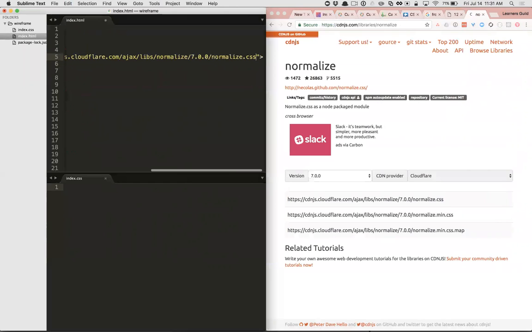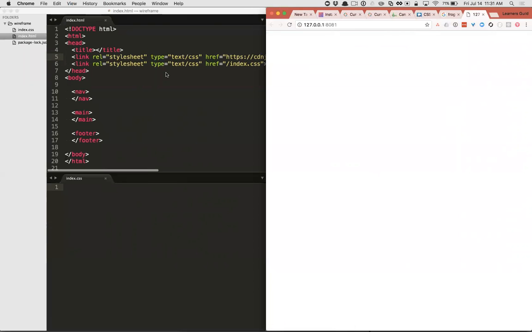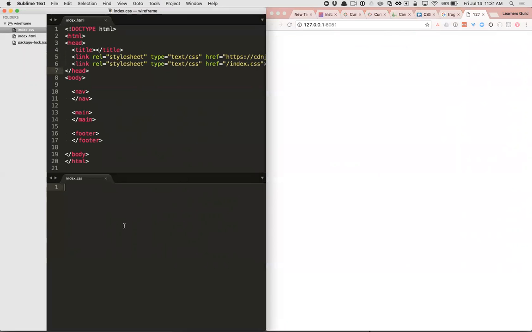This is an essential part of modern CSS development, having a reset style sheet, so that we reduce all of our browsers to the same base CSS, because we don't want to start on a different foundation. And then I'll come in here and give some styles just to these main elements. I'll say nav, header, main, and footer. And I'm going to give them all a background color of something bright and contrasty, so I can see the difference of what's going on, right?